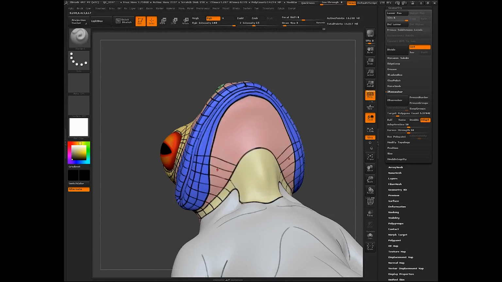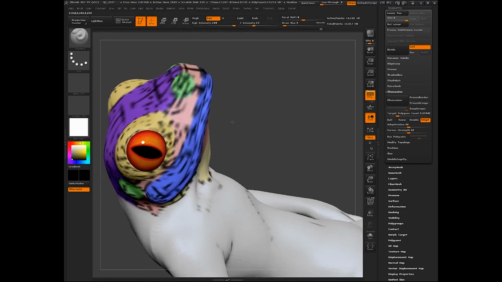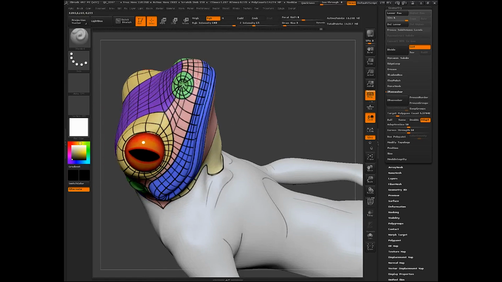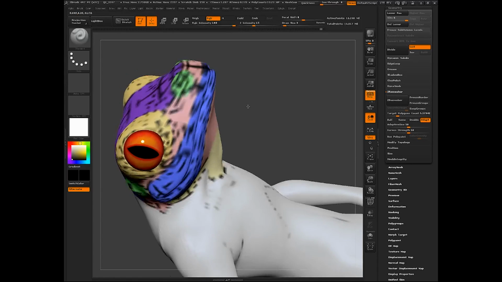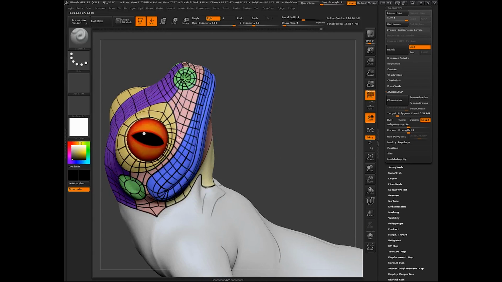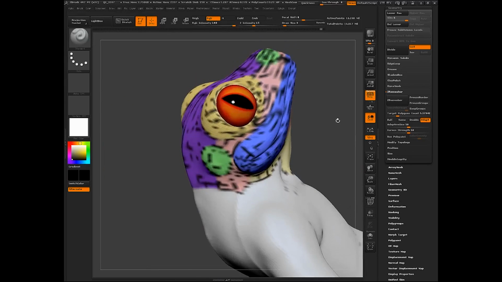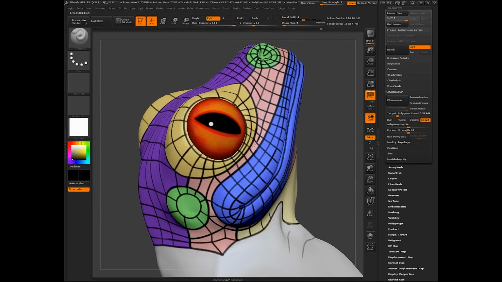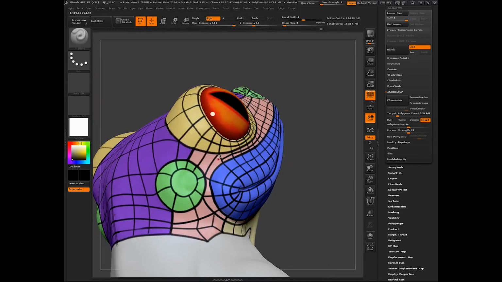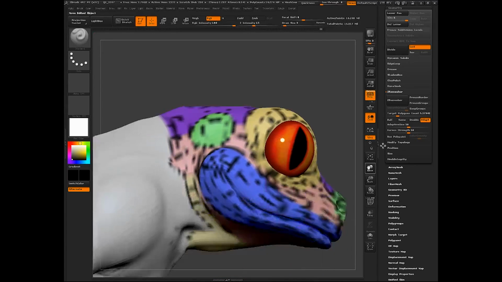And I'm not thrilled that we don't have any edge loops for the center of the pink. So what I'm going to do is Control Z a couple times, go back, and then I'm going to trace out where I want some of my geometry down there. So I think I'm going to bring this edge around from the upper lip and down underneath the eye, which will give us a little more ability to crease underneath the eye. You need at least 3 edges to hold any crease, 2 edges to hold the height of the crease, and then 1 edge to hold the actual depression in that crease.